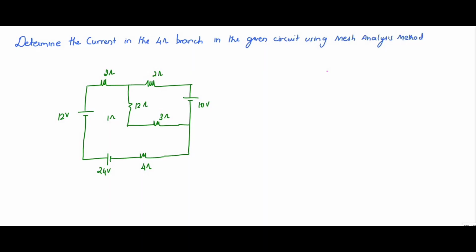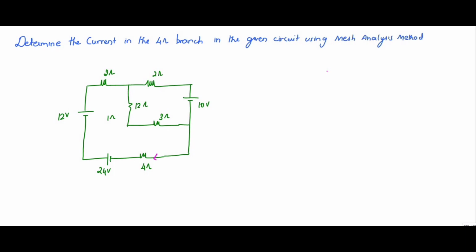In this video, we are going to discuss a problem on the mesh analysis method. This is a previous year university exam question paper, and from it I have taken one problem: determine the current that is flowing through the 4 ohm resistor that is here